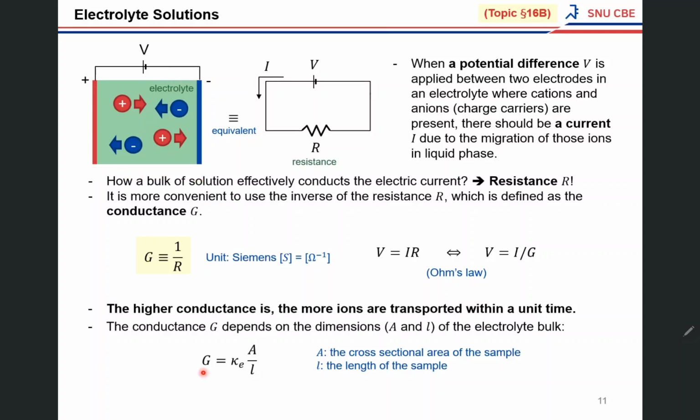You will have more conductance if you have a larger area, where large A is the cross-sectional area of the liquid sample, and G will be inversely proportional to the length of the sample. If you elongate the liquid phase, you may have a larger resistance. So it is pretty obvious that the value of G will be inversely proportional to the length of the sample. As a result, you have a proportionality coefficient here, which is called